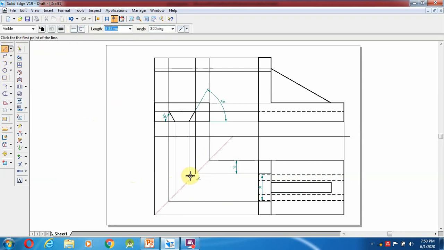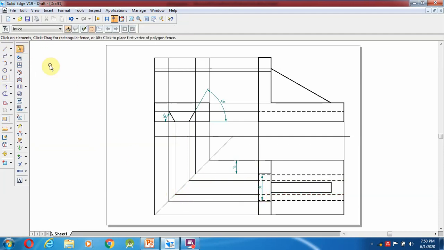Select a line from here to make a straight line. Okay, so like this way we have to draw those bottom edges of the total cutout.